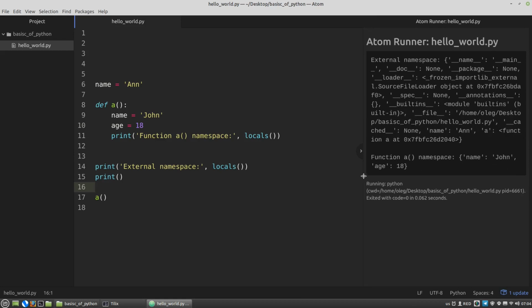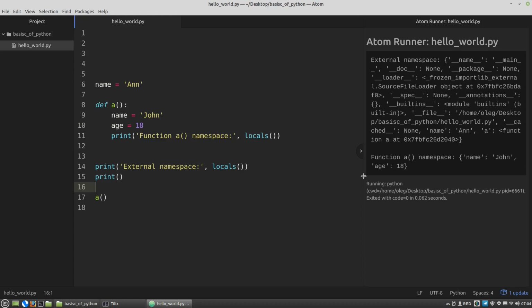Okay, how does Python figure out which namespace, that is, in which dictionary it should write a specific name and its value? To a global dictionary, to a local one, or to what else? It's very simple. The place where assignment is performed determines the namespace in which this name will be located. I mean the name of a variable, a function, or a class, it doesn't matter. Along with defining the namespace, Python defines the scope accordingly.